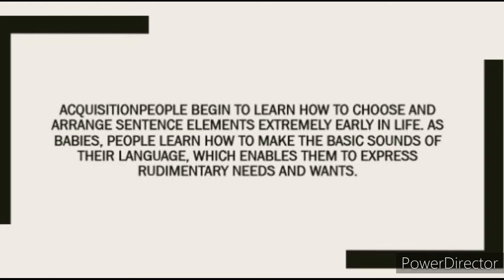For the acquisition, people begin to learn how to choose and arrange sentence elements extremely early in life. As babies, people learn how to make the basic sounds of their language, which enables them to express rudimentary needs and wants. This expands into entire words, and finally, children master the basics of sentence construction and learn how to use specific words in a particular fashion. The more sounds and words a child learns, and the better he gets at putting them together, the more complex